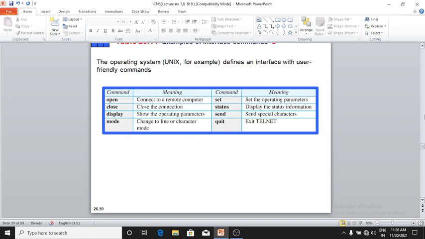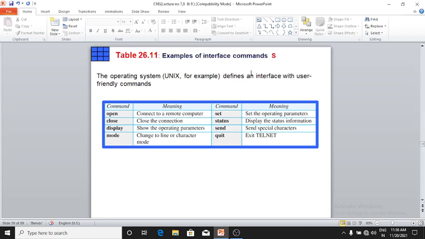Next is the example of interface commands. Operating systems like Unix, for example, define an interface with user friendly commands. Here is the command meaning. First command is open, to connect to the remote computer. Close closes the connection.